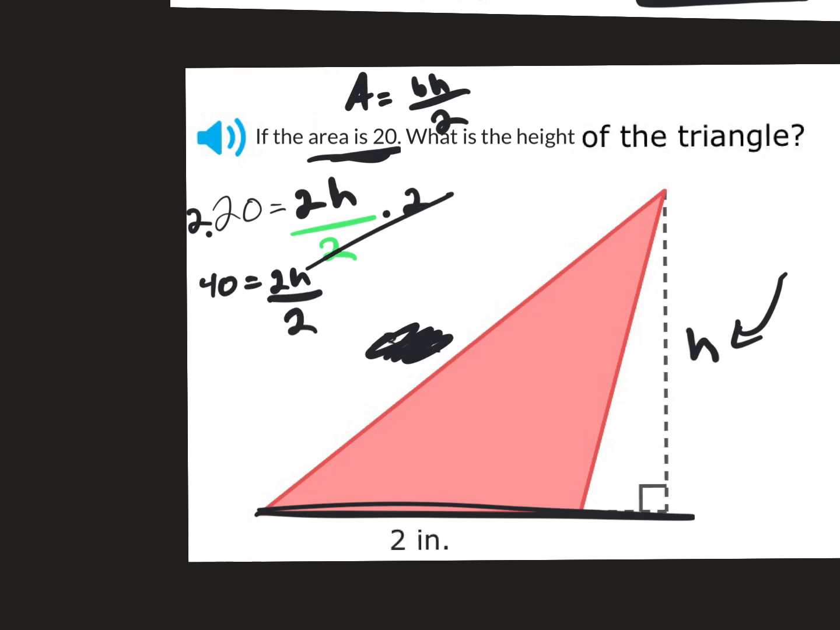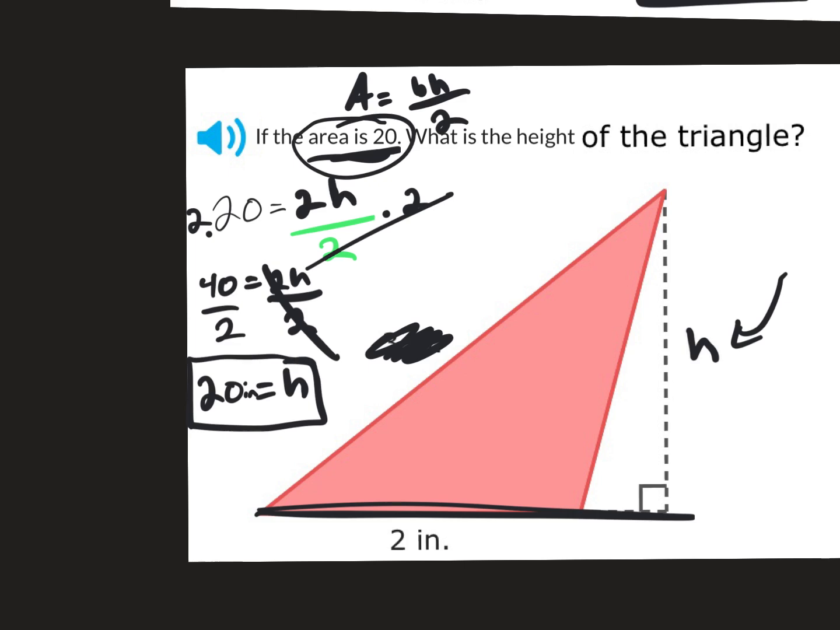And now we have to isolate that variable. So we have to divide by 4. And so our height is equal to 10, or 10 inches. But it wouldn't be inches squared because they already gave us the area. So our height right here is equal to 10 inches. So